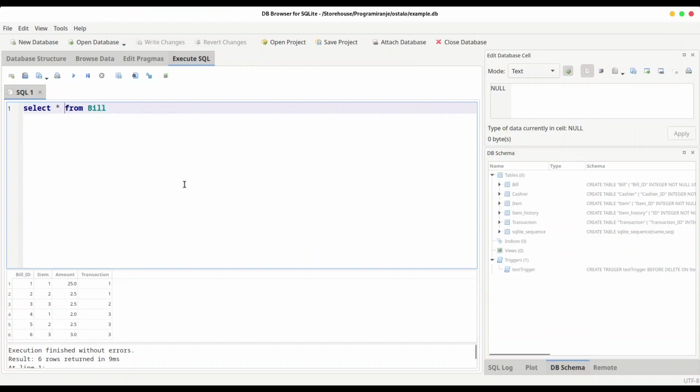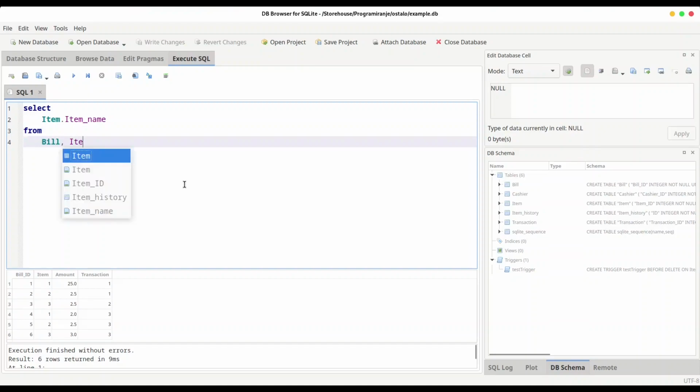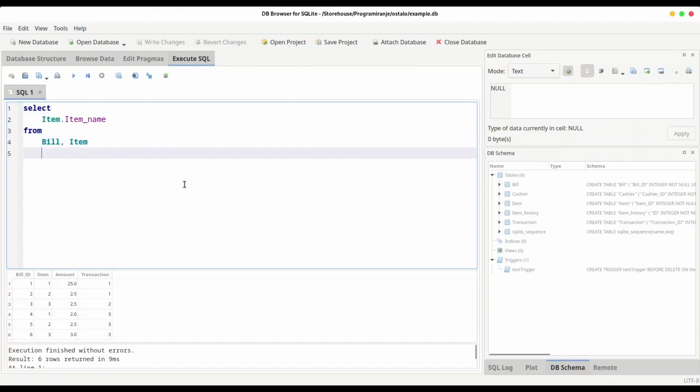So I'm going to select item name, like this, just to look better, from table bill and table item and conditions,